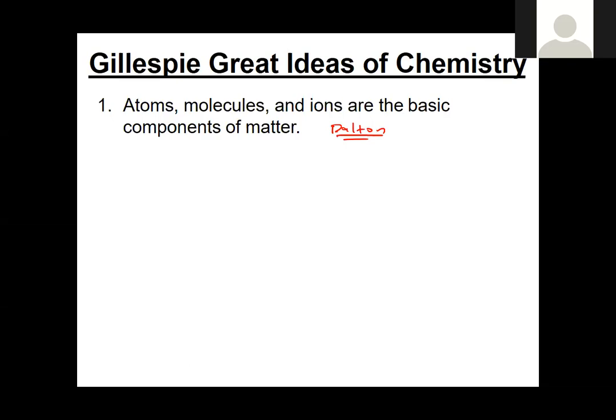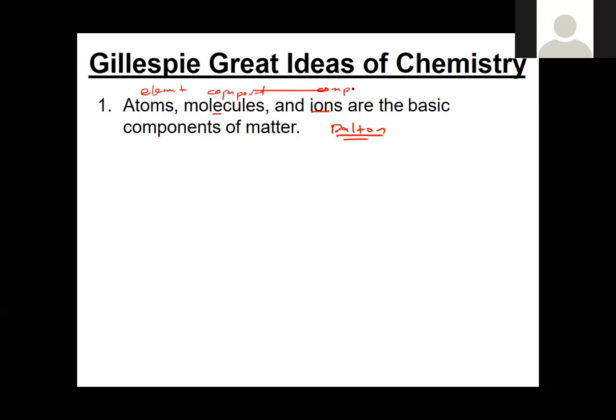When one atom combines with another atom, just like hydrogen and oxygen combining to form water, you form a molecule. Okay? So molecules, we could say, is the basic component of compound. If this is the element, this is the basic component of the compound, specifically the molecular compound. Okay? Because you have ionic compound and they're not usually made up of molecules. The ionic compound is made up of